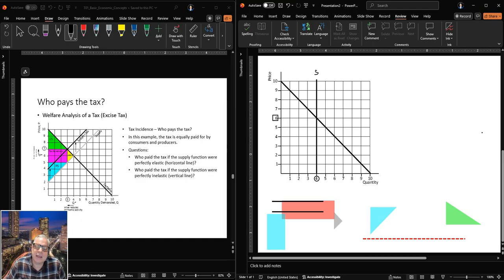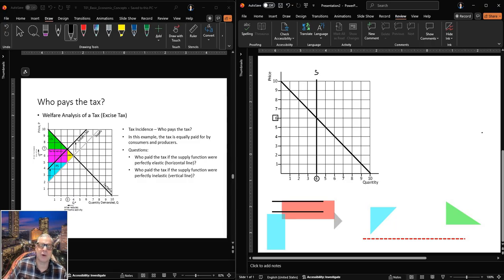So now if we say there's a tax of 2, if the farmer tries to pass on the tax and charge a price of 8, then quantity demanded would only be 2, and the farmer would lose a lot of revenues. So at the price of 6, let's say,